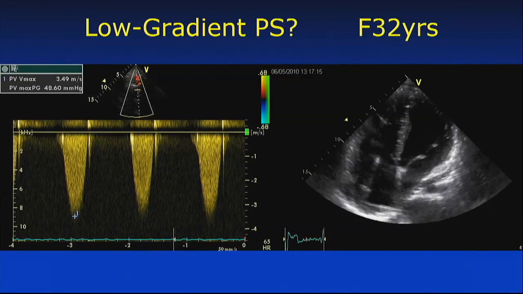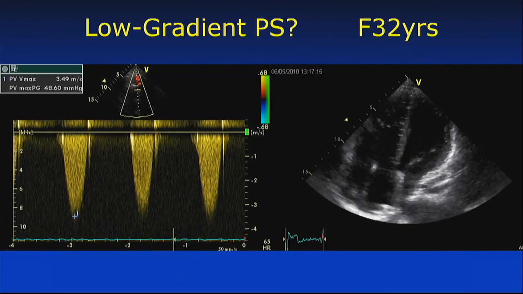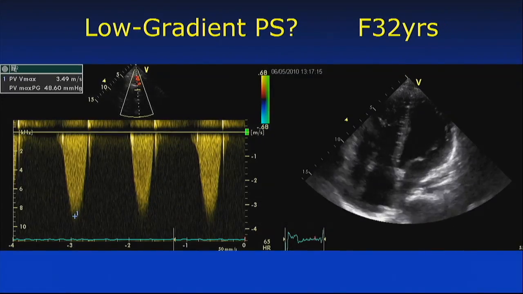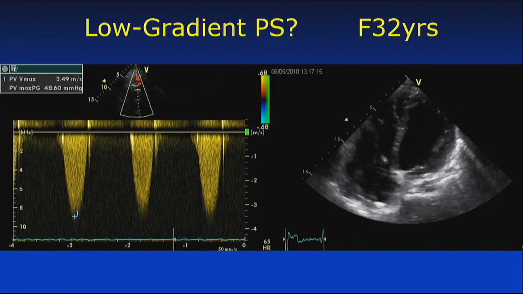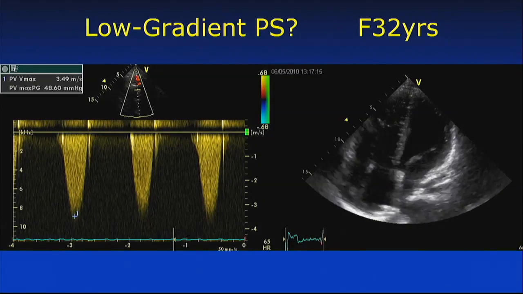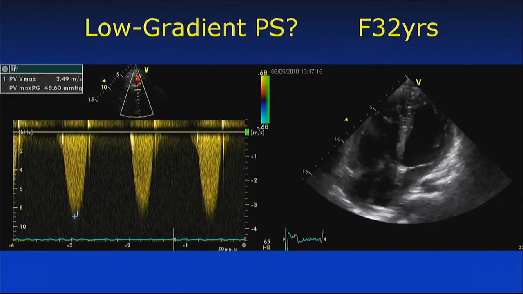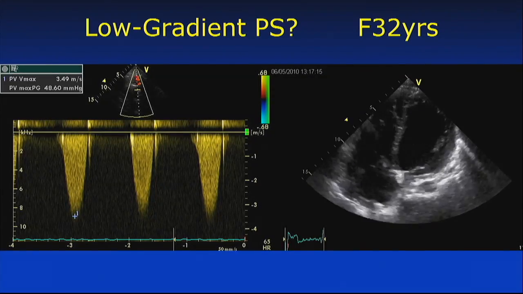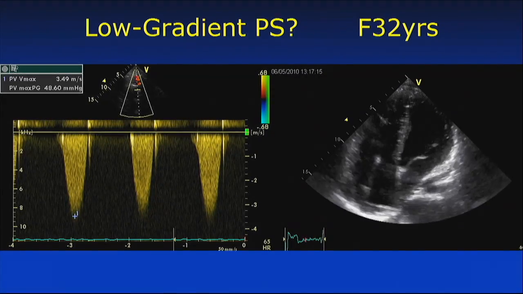So this is her echocardiogram, and it shows the peak velocity across the conduit graft. This is already the highest velocity. There were velocities between 3.1 and 3.5 meters per second. By definition, it would be a moderate obstruction of this conduit valve, but you see on the right-hand side that